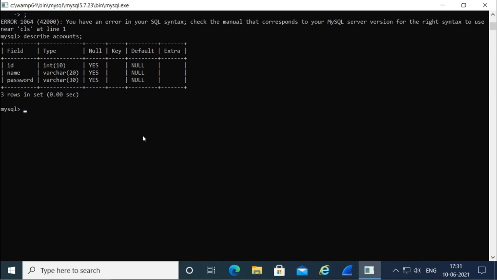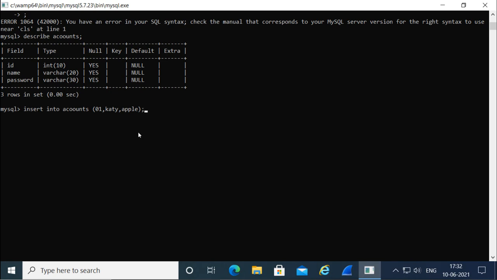So if I want to add something into this, I will say insert into, which table. So I want to insert into this table, ID will be 1, then the name will be Katie, password will be Apple.